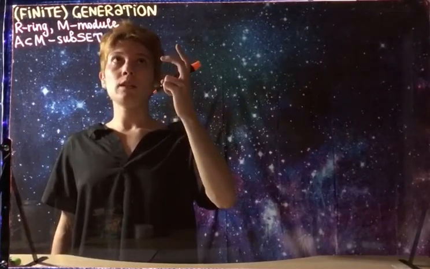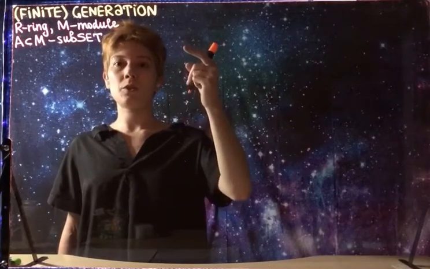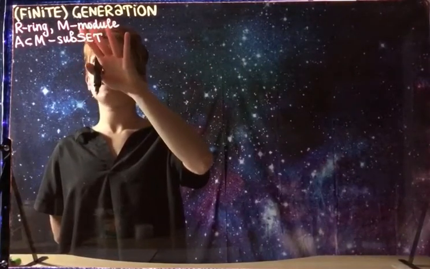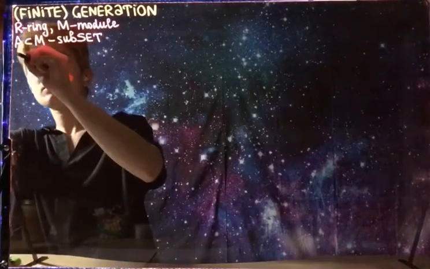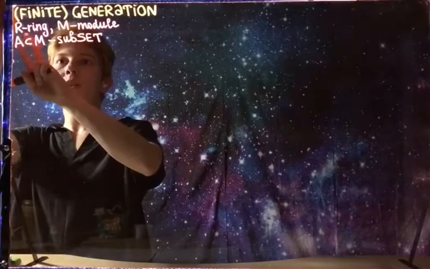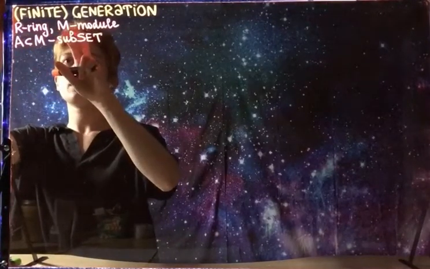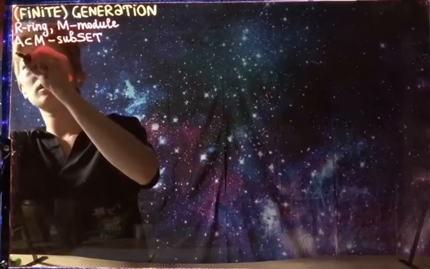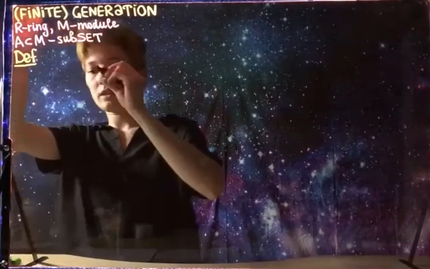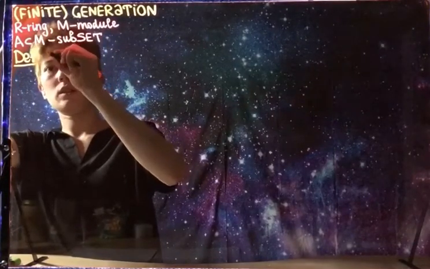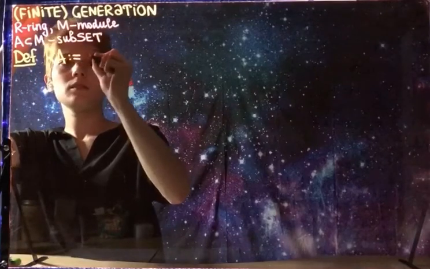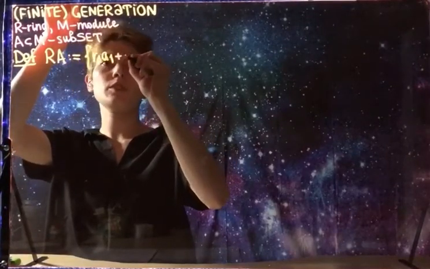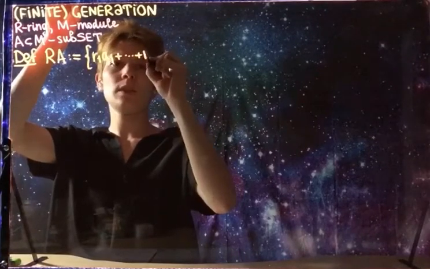So a basis is a subset of a vector space that generates the vector space and is linearly independent. Let us now start with defining what it means that a subset generates the module. Let's fix some commutative ring R and an R module M. And for some subset A of M, not a submodule, but a subset, probably infinite, we say that RA will be the set of all finite linear combinations R1 A1 plus ... plus Rn An,